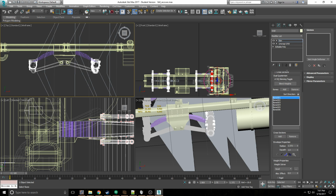yeah, you will want your springs separate from the axle. At least that's how I do it. It makes life easier in the end. Yeah, so I'll select all of these vertices here, and this is the bone for that, and so I turn this thing in the weight properties, it says abs effect, I'll turn it all the way up to 1.0. It goes from 0 to 1. 0 means it's not going to move with the bone you have selected. 1 means it will. This dead bone, I like to call it, the second bone that you'll need, can just be placed above the...